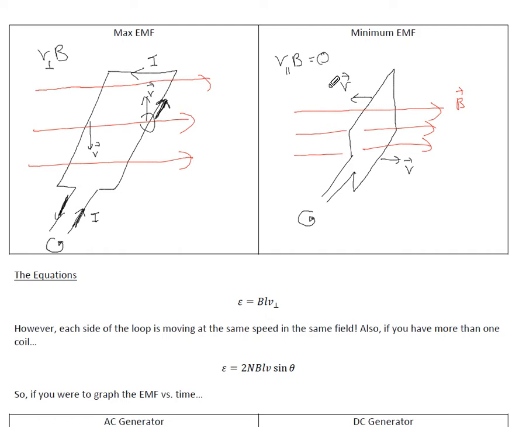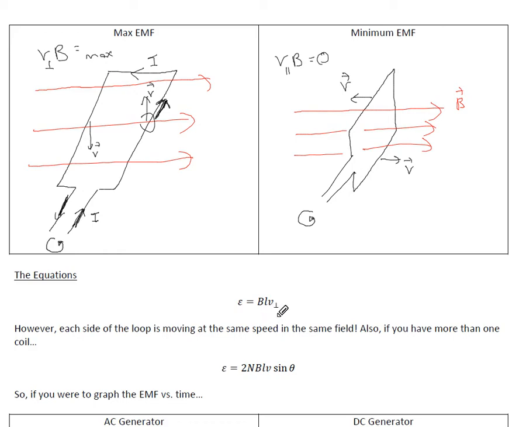So we get this maximum value of flux, and then we get 0. So it comes down to the equation: EMF is equal to B times L